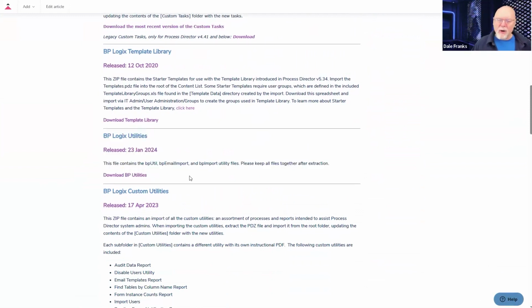Those are the current BP Logix utilities. So BP import, BP email import, and BP util are all included.